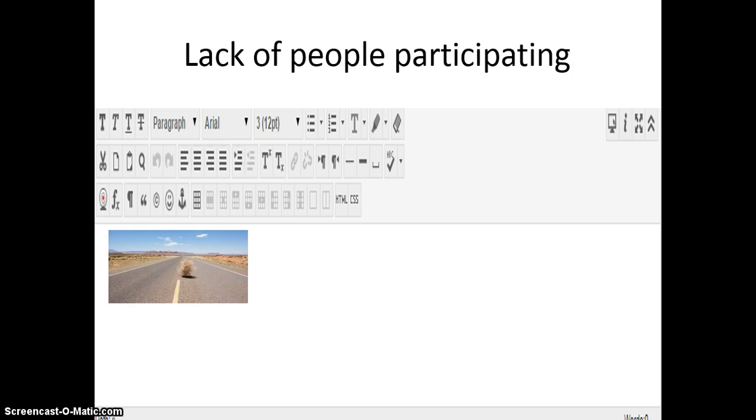Another thing to consider that could be a possible problem is lack of people participating, as this tumbleweed represents. Another problem, everybody posting late, so there's nobody to respond to. You need to give clear guidelines to students about when they need to make a posting so that other people can have time to respond to it. Some students might just not participate, and they might want to take that hit of 5% or 10% or whatever it is. You can't really stop that, but there are strategies out there that you can look at for trying to make sure that students are participating in online discussions.